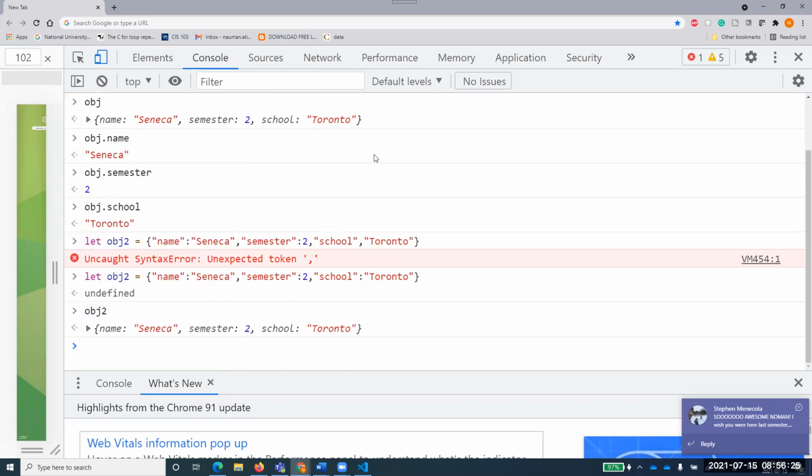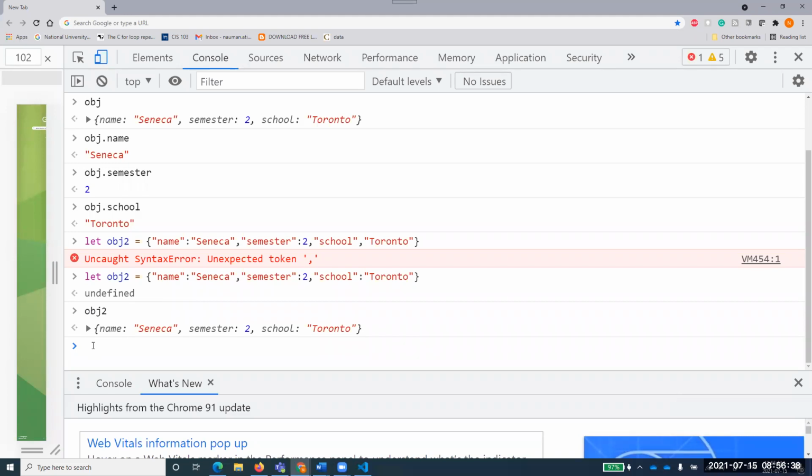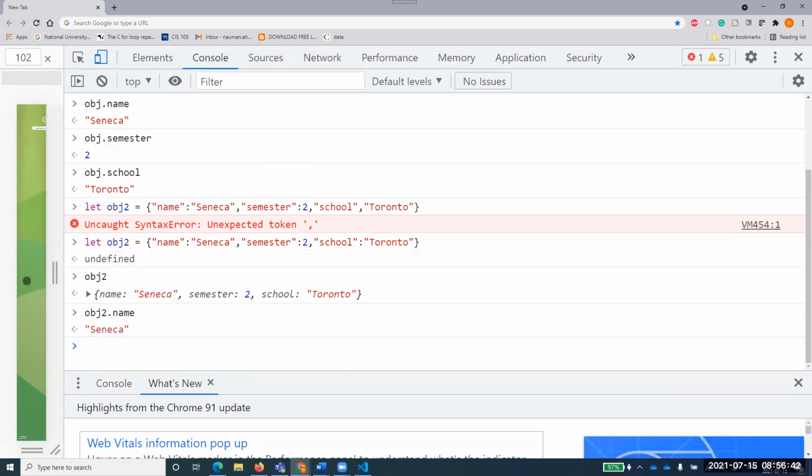Okay, so you see here that it has accepted that, but you see, Alex, that it's still showing me that object form. And this is one good reason. If I want to do that obj2 dot name, of course it is coming out of name, but why? Because technically it has settled it down by itself.